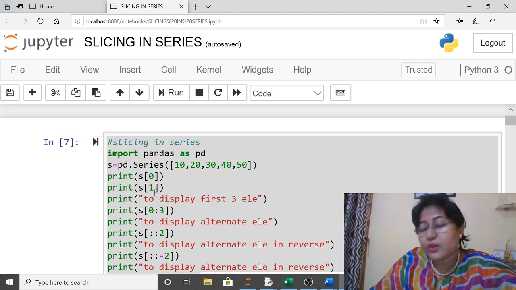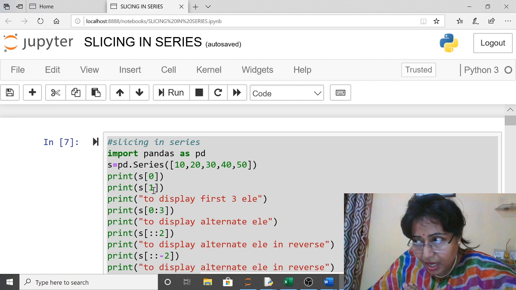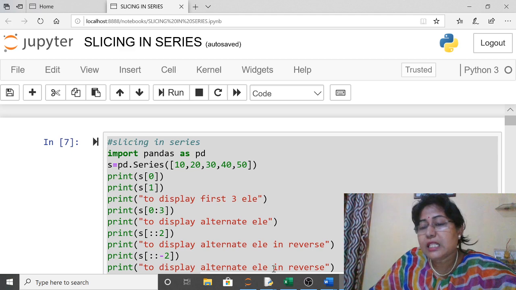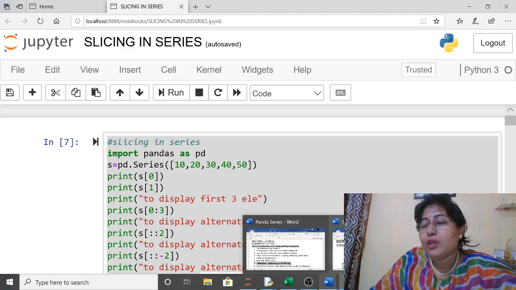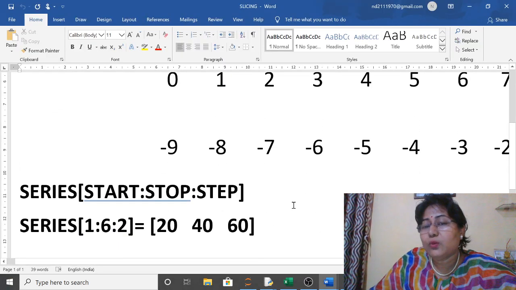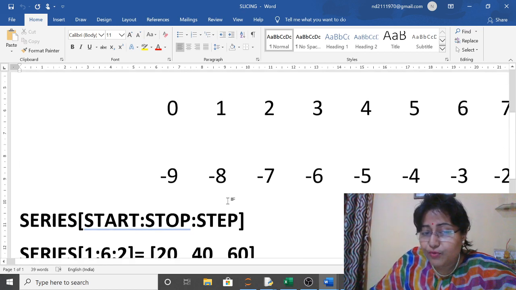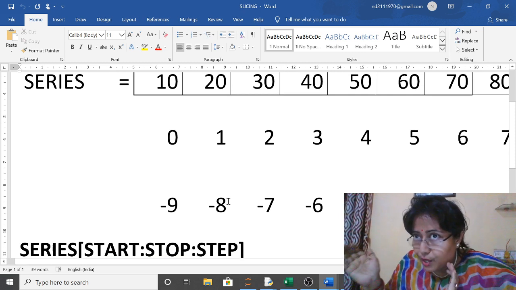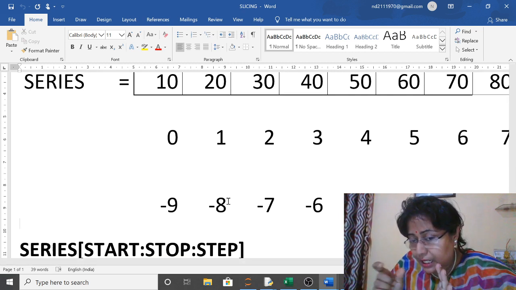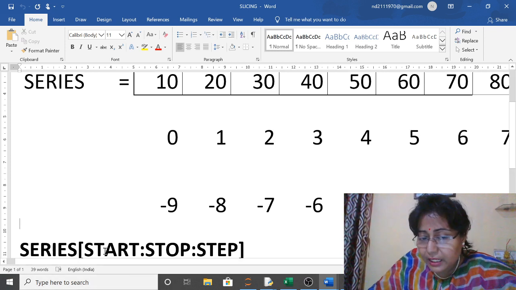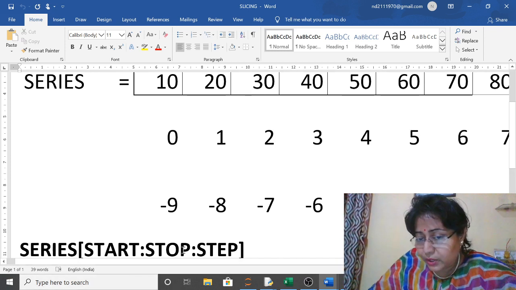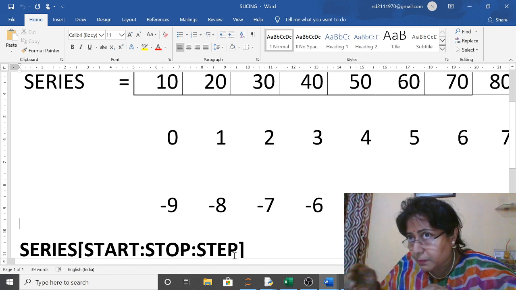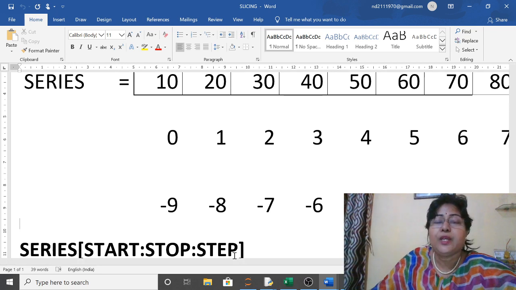This accessing we have already done in our previous video. Today we are doing slicing. So in slicing, what we have to see: start value, stop value, and step value. That is from where you want to start, because a subset you are taking out from a series. Stop is always one more than the original one, and step means you want to take one by one all, or you want to skip in between. So that is a step value.